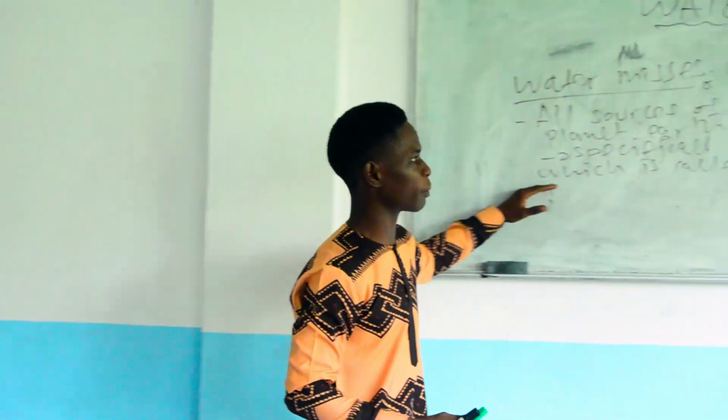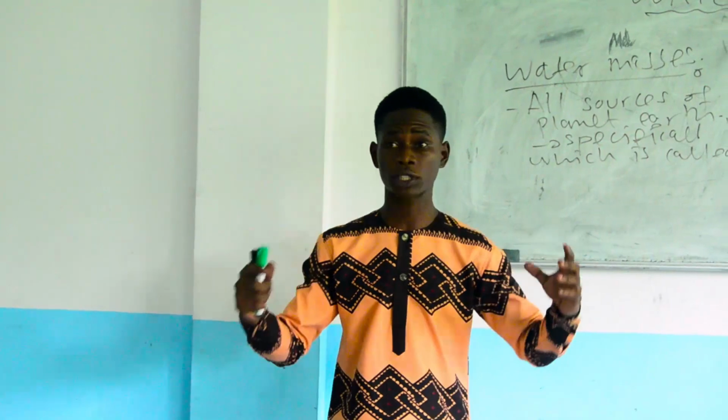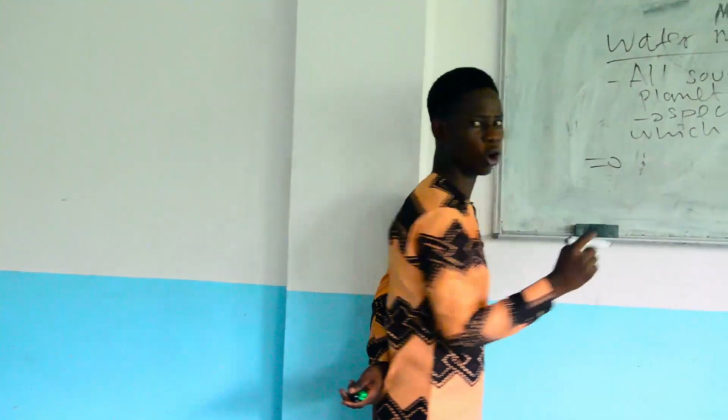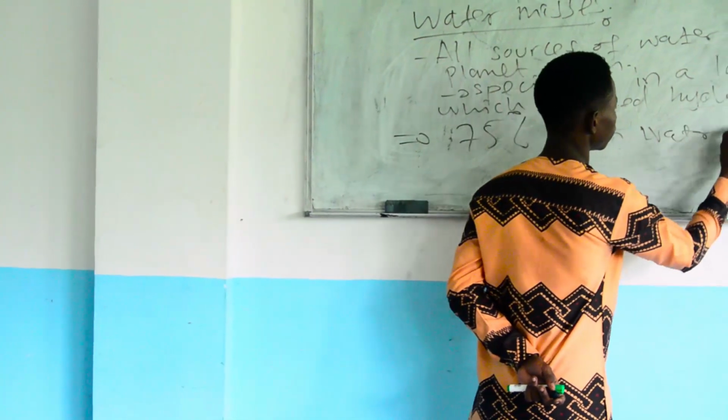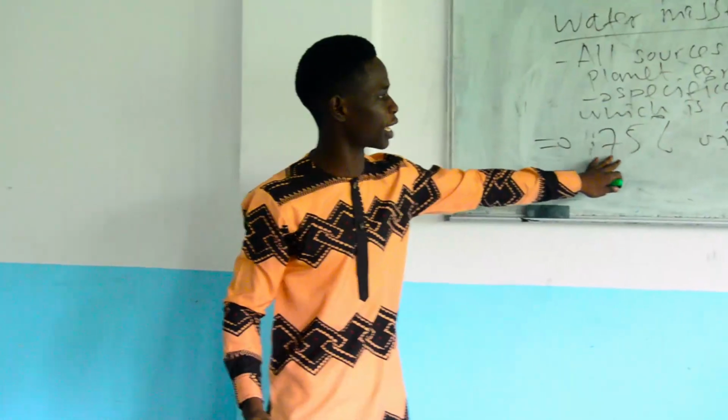We should not be confused by the term water mass, because it is a general and complex term. When I say water mass, it refers to all water bodies, including those found over the surface and those found beneath the Earth's surface. There is an external layer of the Earth named the hydrosphere, and it is made up of 75% water bodies. In other words, 75% of the planet Earth is covered with water bodies, including underground water,